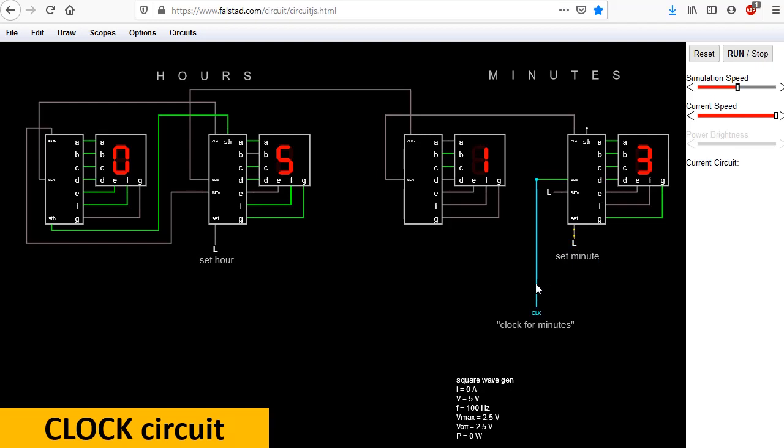Oh, here when clock is high it doesn't work. Now it works. And hours. So let me show you. Let me show you here that it counts to 24. Well, that counts up to 9, and